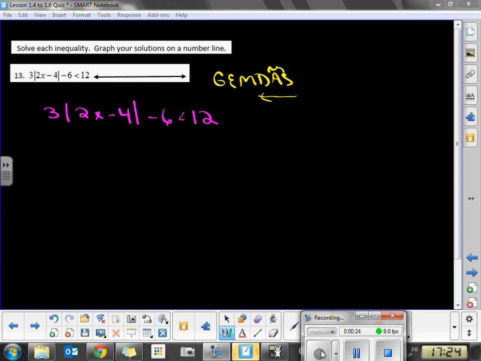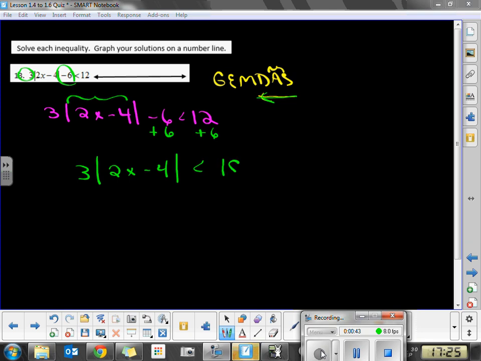So our goal is to get the absolute value isolated by itself. We can undo either the subtracting 6 or the multiplying by 3. So we want to undo subtracting 6 first because it is our order of operations backwards. So those are instructions. So 3 times the absolute value of 2x minus 4 has to be